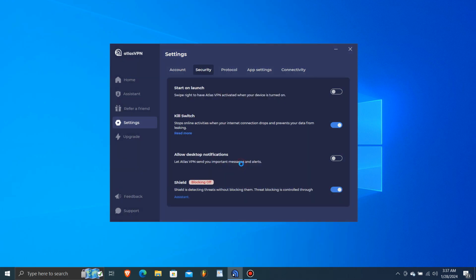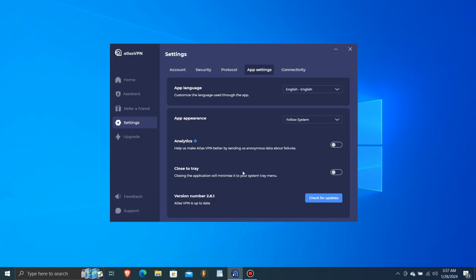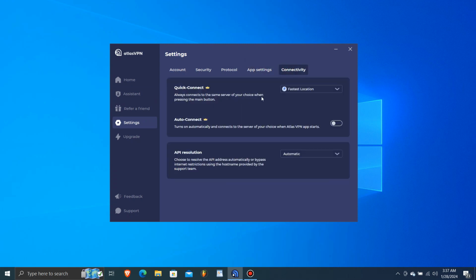Switch to the Protocol tab. Ensure the protocol setting is on Auto. This allows AtlasVPN to automatically select the best protocol based on your network conditions. Visit the Connectivity section. In Quick Connect settings, ensure that the VPN is set to connect to the fastest available location. By following these steps, you can use AtlasVPN effectively, whether you are on the free plan or have opted